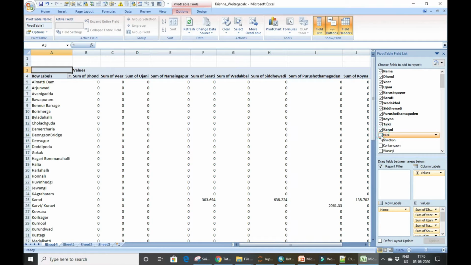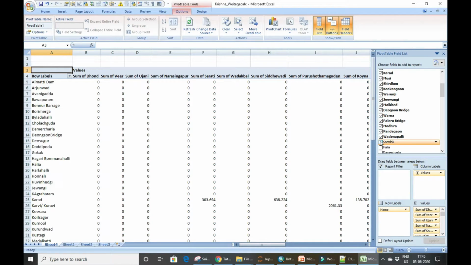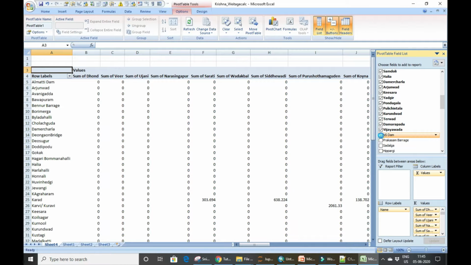So similarly, I will select all, and I do this for all the subcatchments. Since it is 84, it takes a little time, but much less than what we would spend doing it in a manual way.